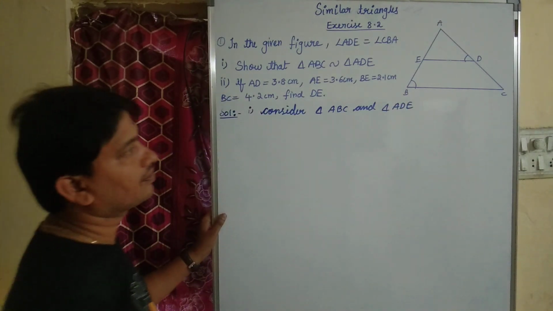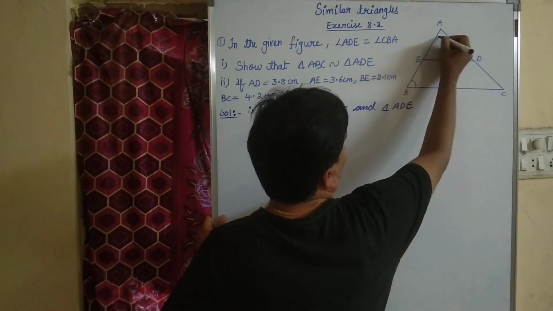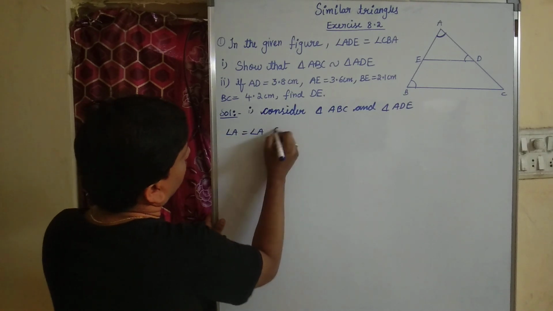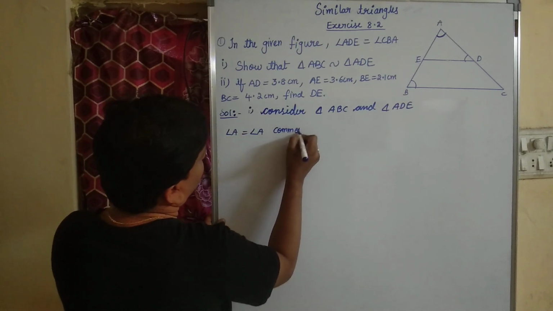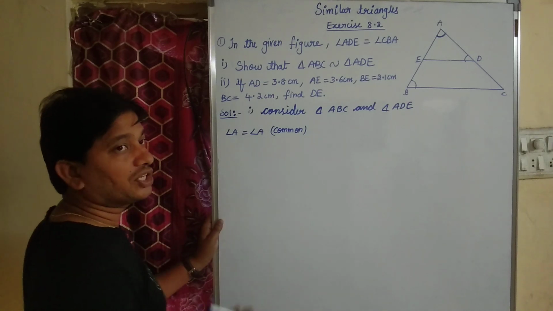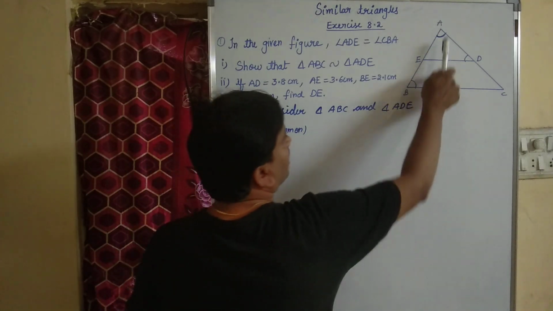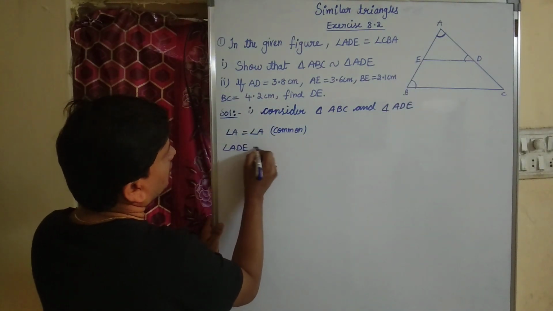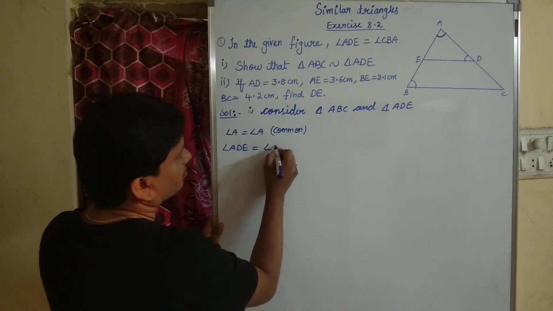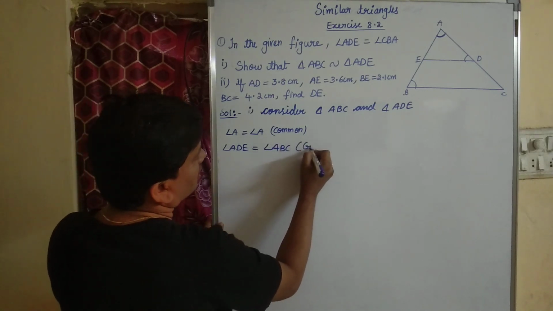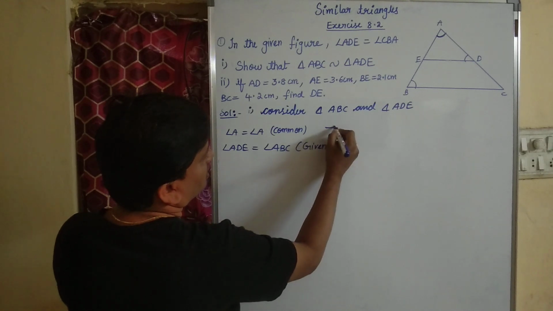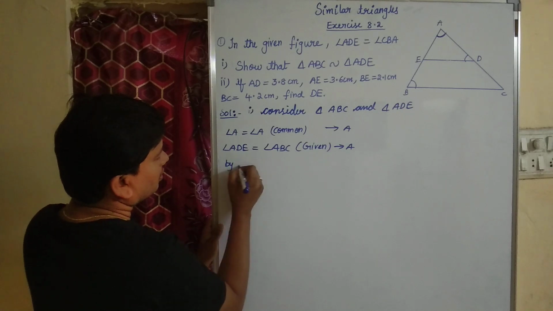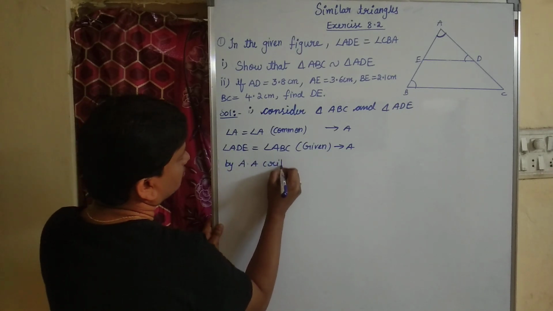in both the triangles, angle A equals angle A, which is common to both the triangles, and also it is given in the question that angle ADE is equal to angle ABC. This is given in the question. This is our angle only. This is also an angle. So I can say that by AA criteria,